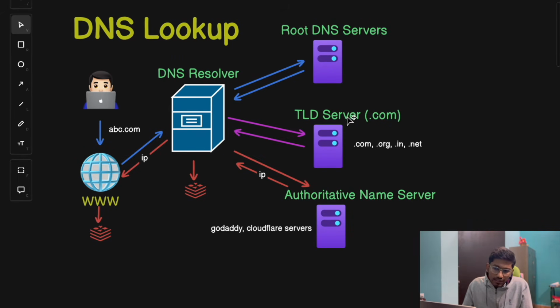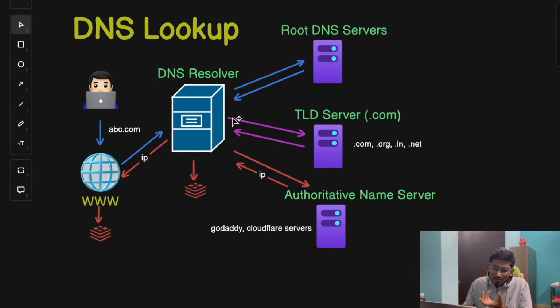Let's say in our case it's abc.com, so it will communicate with one of the .com TLD servers. Now the TLD server also doesn't have the exact IP address. Instead, this TLD server, in response, will send the location or the address of an authoritative name server,